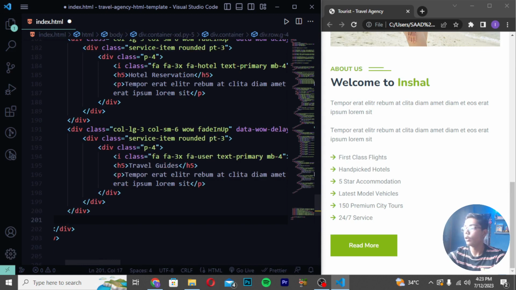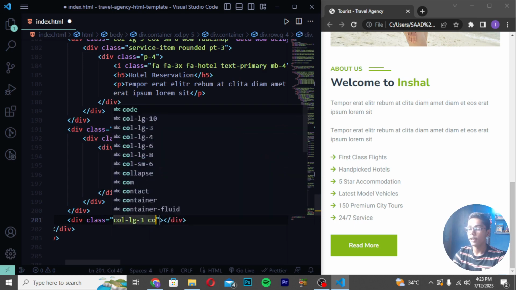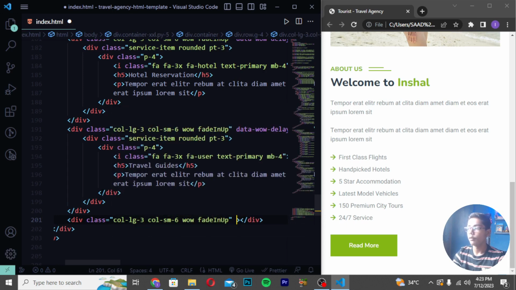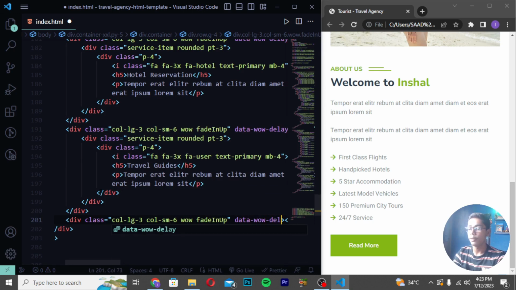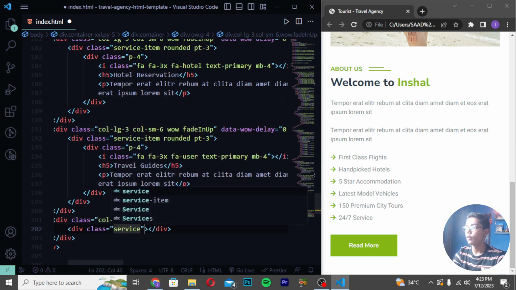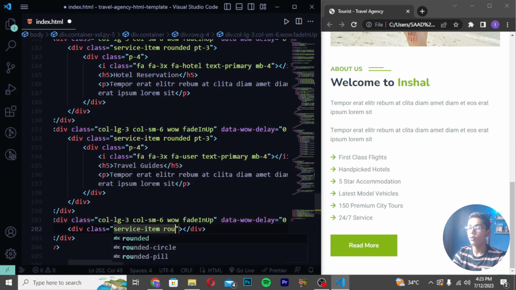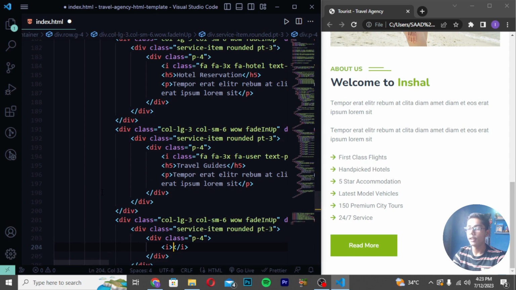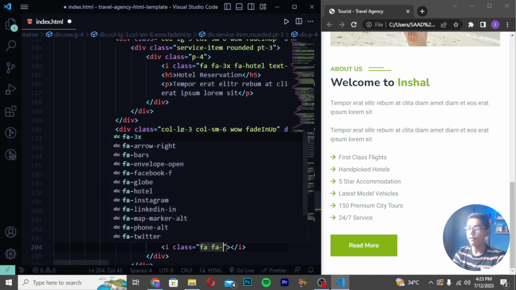After writing this tag, you have to now directly move after these three divs here, create another div class. Write here col-lg-3, and then write here col-sm-6. Then you have to write here wow fadeInUp. Then you have to write here data-wow-delay. So here I will be now writing 0.7s. Write here div class service-item rounded and write here pt3. Then you have to now write here div class p4 like this, and after writing this tag, you have to now write here i tag class and write here fa-3x, write here